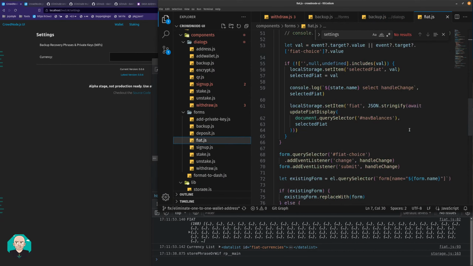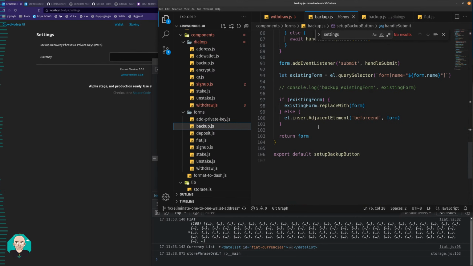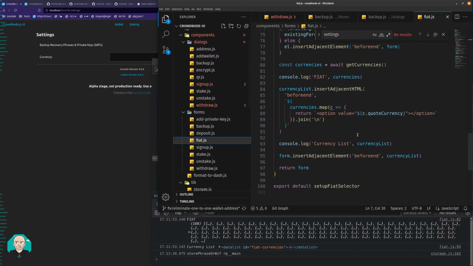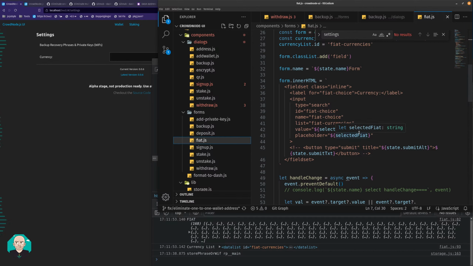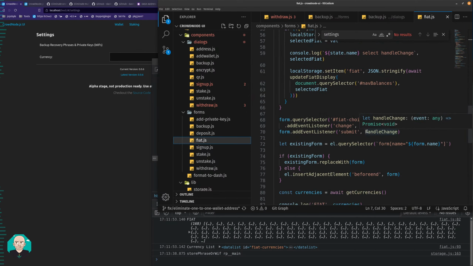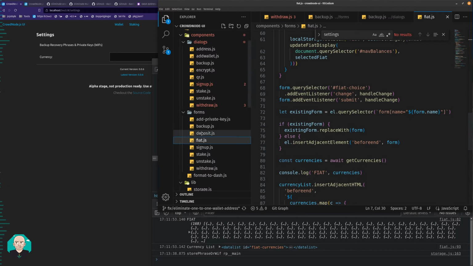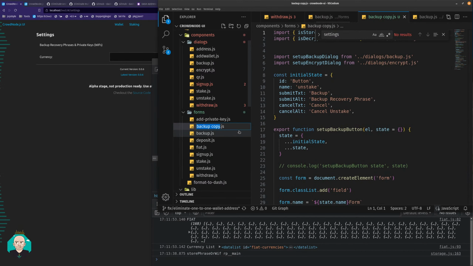So the fiat is only 100 lines and backup is just a little more, 106. Let's go ahead and duplicate the backup one. I'll call this